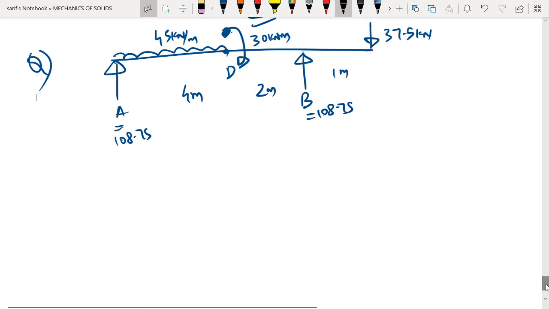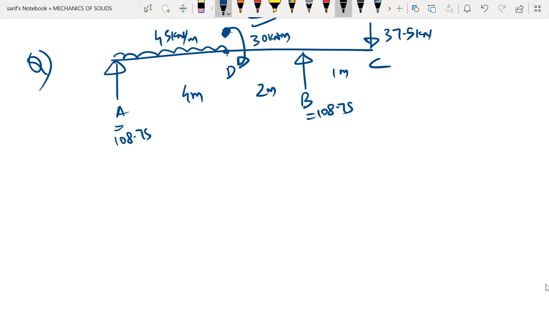Now in this particular example, the question that we have is, we are having a beam A, B, C, D, and this is having an overhang BC, and there is a concentrated force at the tip of the overhang, and the overhang is of 1 meter. And also the notable feature that we are having is a concentrated moment coming into the picture. So to begin the analysis, we need to calculate the reactions at both the ends, that is at A and at B. We have found this out in this particular problem, that is 108.75 kilonewton each. The reactions are the same.